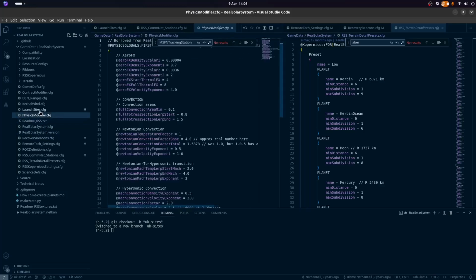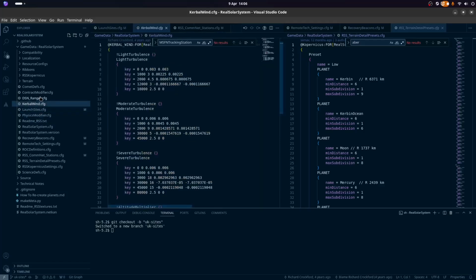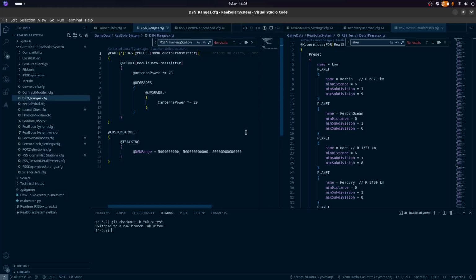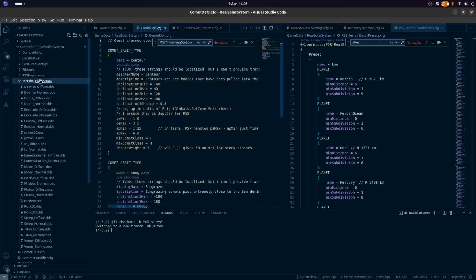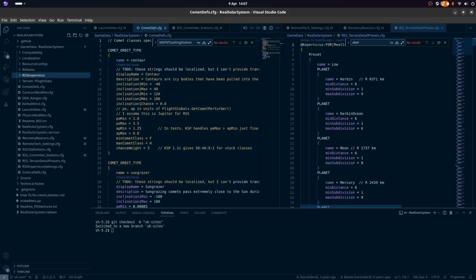We have physics modifiers, no need. Launch sites, we have modified. Kerbal Wind, yes. DSN range. Now, of course, this might be all that we need. It also might not be, so I am going to double check.